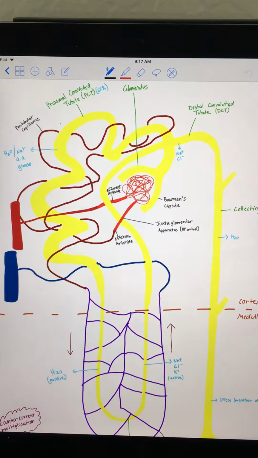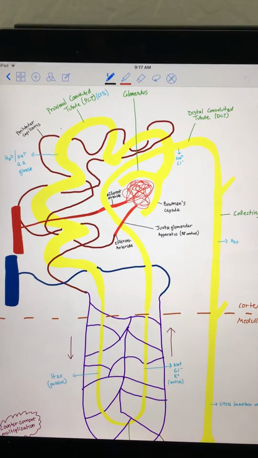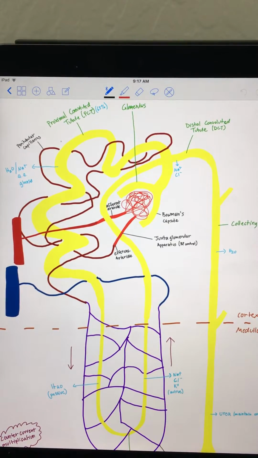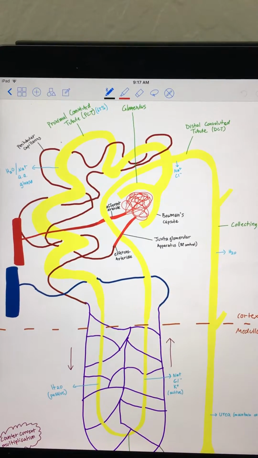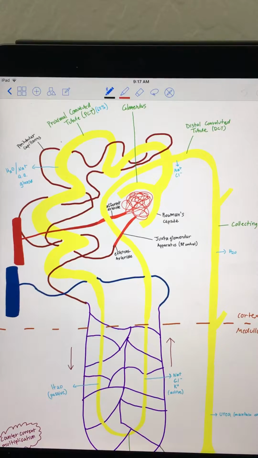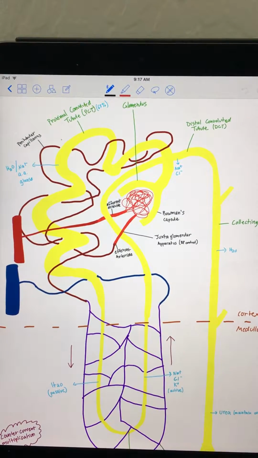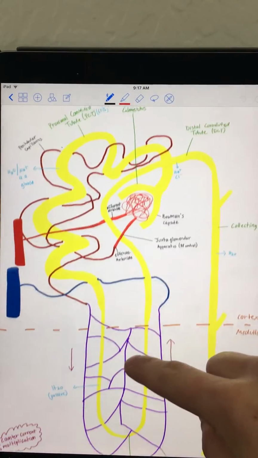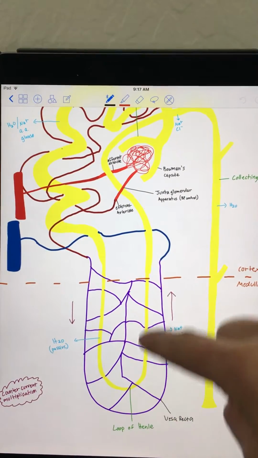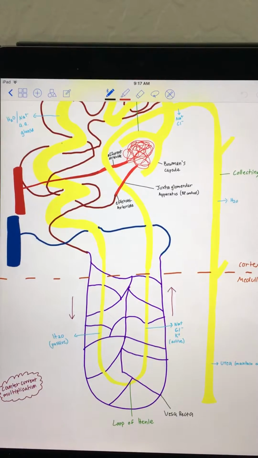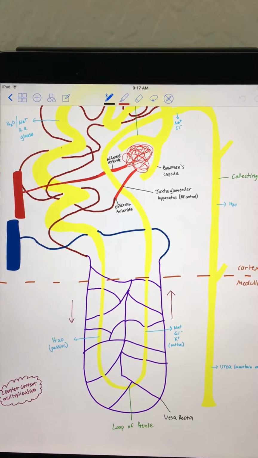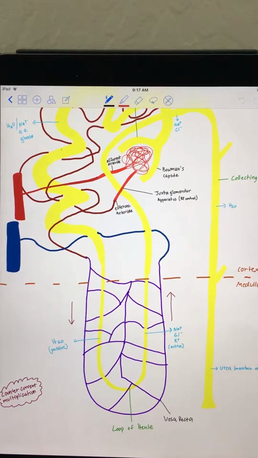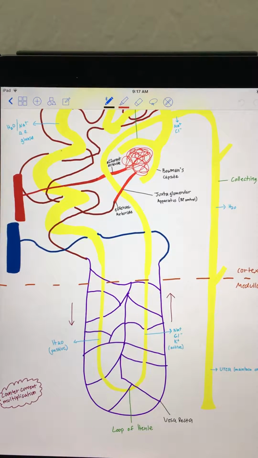So the filtrate travels through the PCT, which has cuboidal epithelial cells that have big mitochondria that can make ATP to pull those ions back in via active transport. Then the filtrate goes through and enters down here the loop of Henle, or nephron loop, depending on which term you like better. And the ascending limb pumps salts into the,